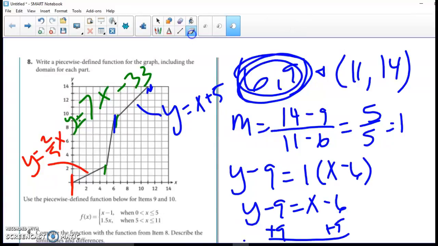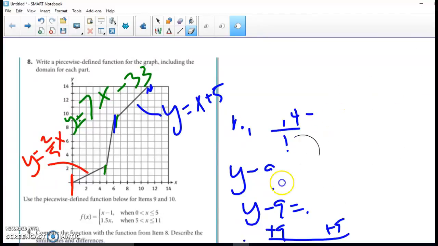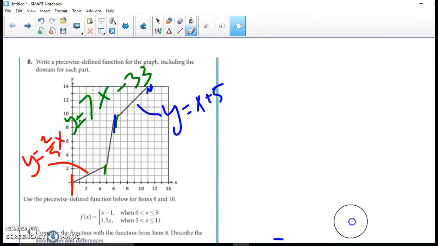Alright, so we have equations for our 3 sections, but it's not written in piecewise defined function. So to pull that all together,